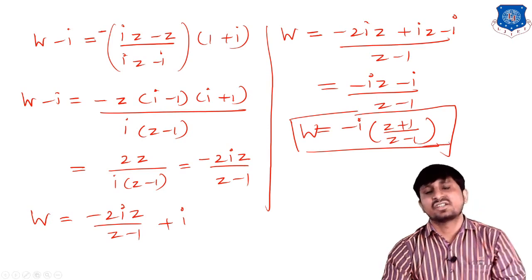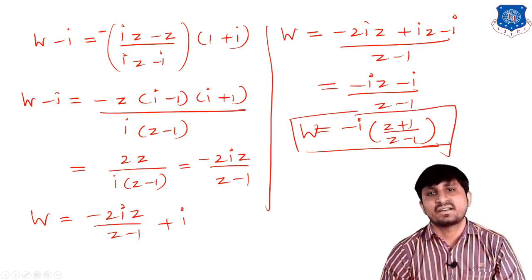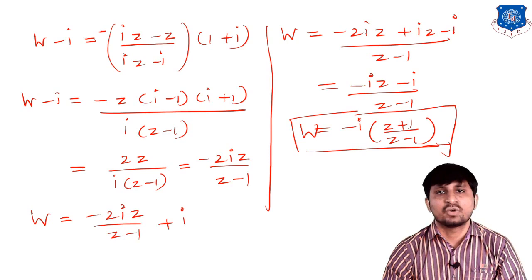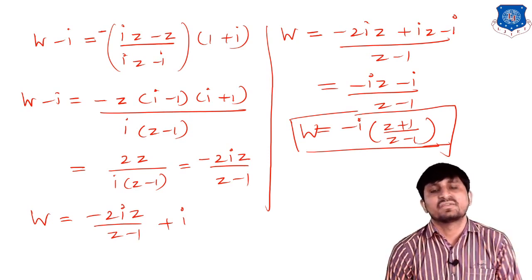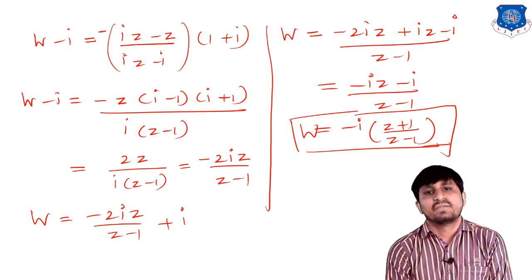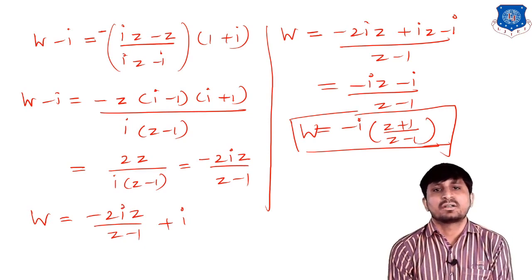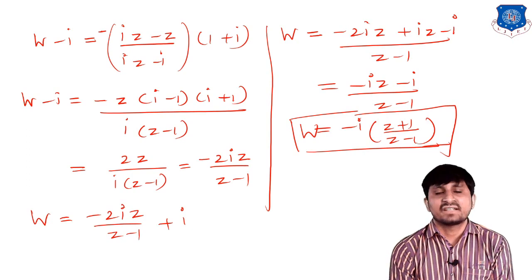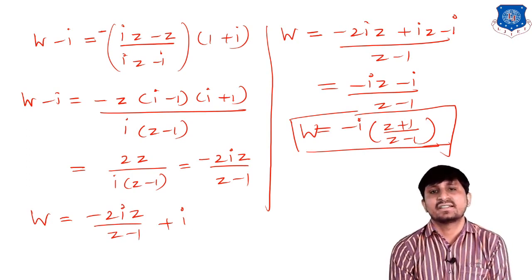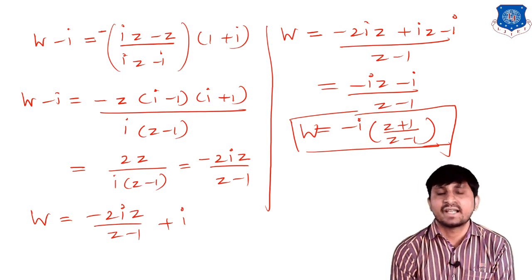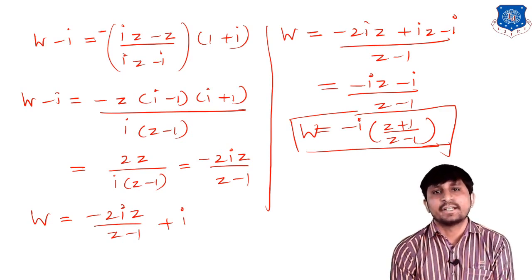So in today's lecture we discussed bilinear transformation, and before that we discussed fixed point. So we complete this chapter, conformal mapping. In the first lecture we discussed translation and conformal mapping, the definition of conformal mapping, and critical points. In the second lecture we discussed inversion and rotation, and in this lecture we discussed our last topic, which is called bilinear transformation and fixed point.